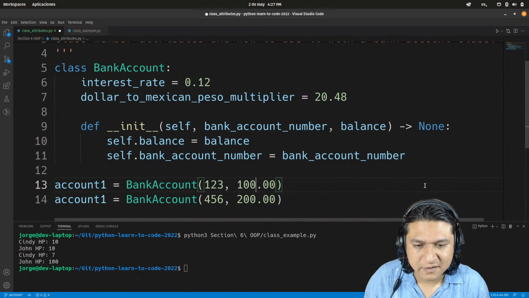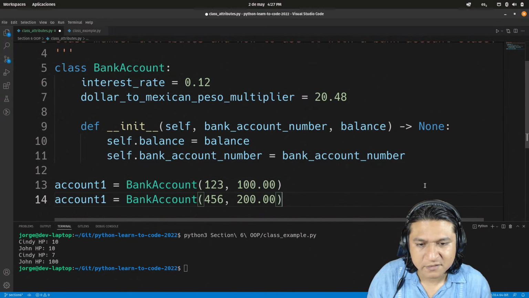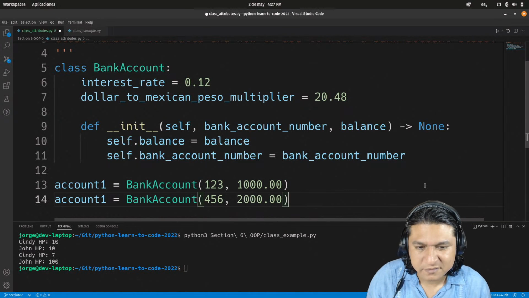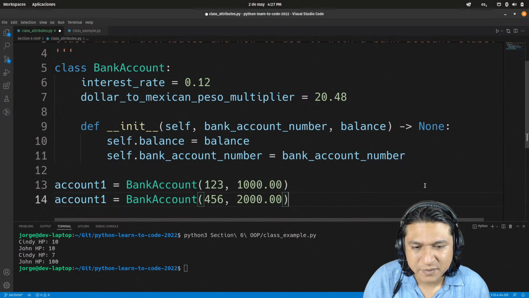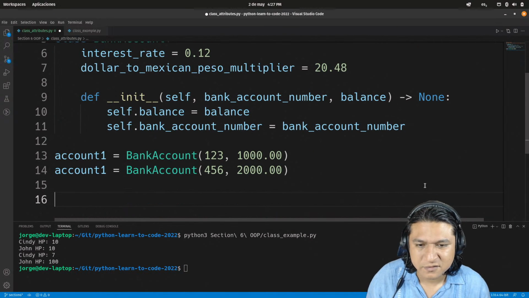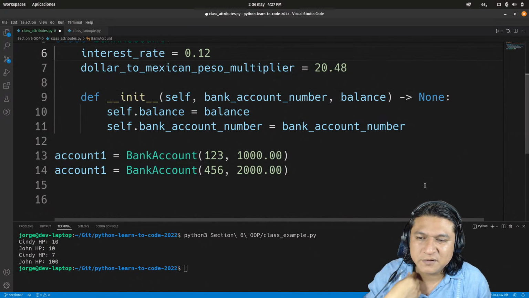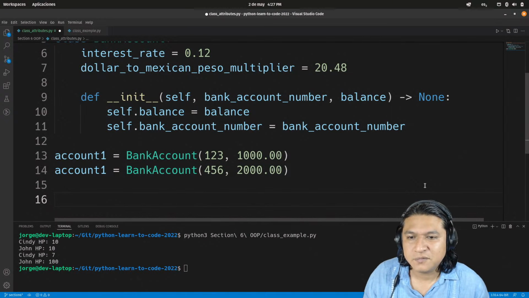Account2 maybe 456 and 200 Mexican pesos, let's say. Or 1,000. Let's say 1,000, because Mexican pesos are really nothing. I mean, we are very devalued, so it's not going to be too much money anyway. Let's say that the currency is Mexican pesos for this account, and we are going to be using one of the attributes to convert. So, for example,